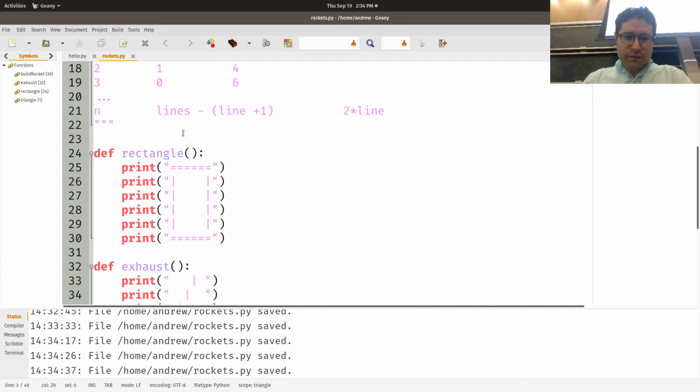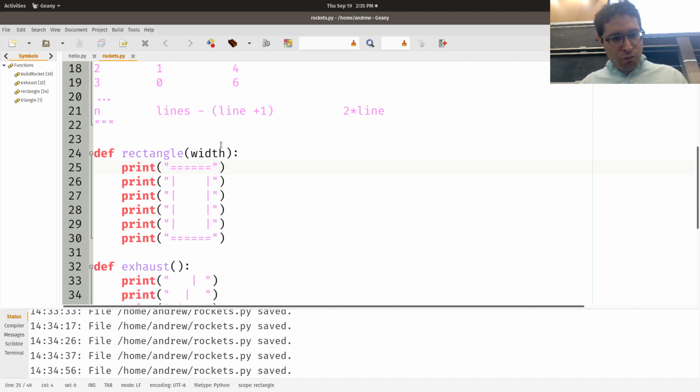Okay. So our rectangle is fairly straightforward, right? It's also going to take a width right now. And then we might alter it later to produce a height as well. Okay? But for right now, we're going to do a width for things, right? Right now, it's a 6 by 6 thing. That's fine. And it's a lot simpler of a shape,